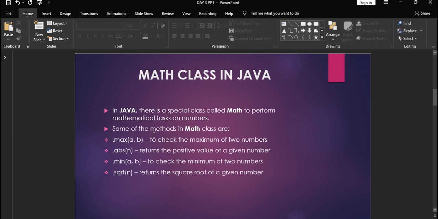Suppose if we give square root of 16, it will return 4.